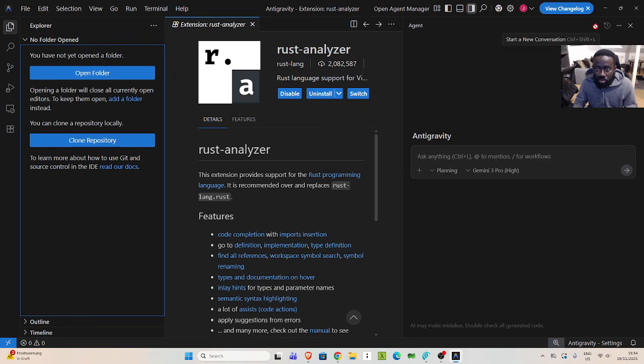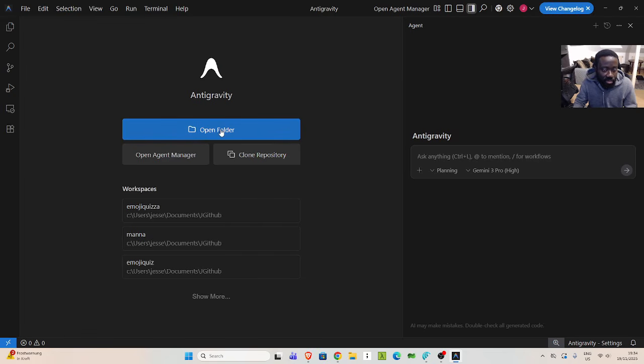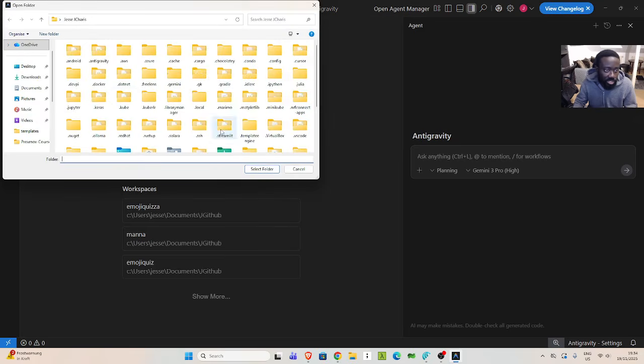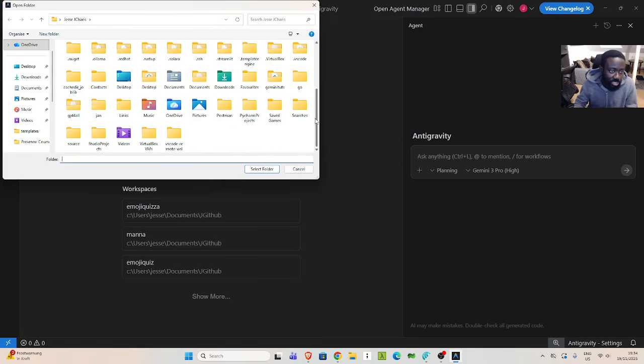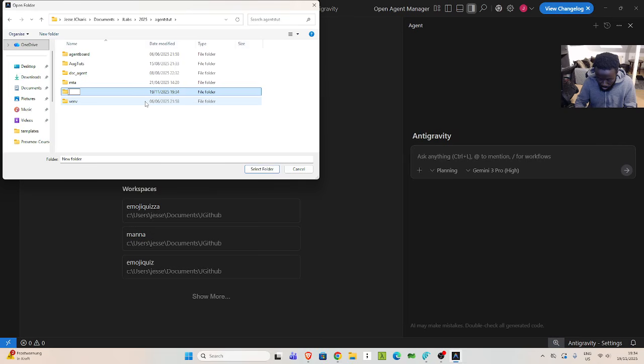Then let's go back to here. You can start a conversation, and then let's close this one. I can open a folder and start a conversation. Let's try a new one. I have so many things here. Apologies. Let's go to my JLab 2025, and then AI agent. So I want to create a new tutorial, a new one called